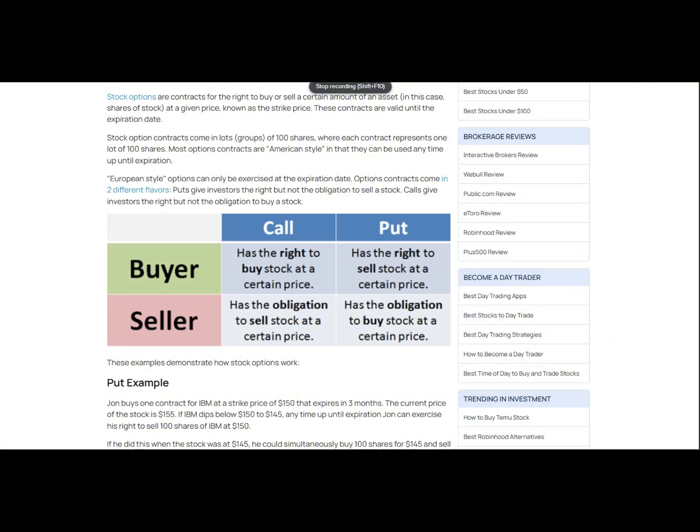What I could do is a quick tutorial on options. I'm assuming a lot of people know what they are. Of course, assumptions are never good, right? I just went to some stock website so you can see the basics. Basically, a buyer has the right but not the obligation to take a long or short position in the stocks. The seller of the options has unlimited risk and limited profit potential because they can only make so